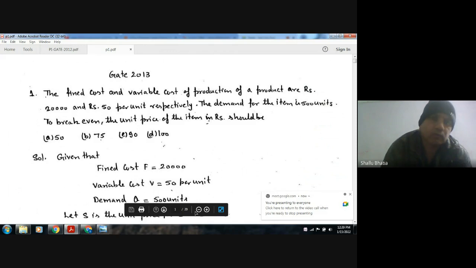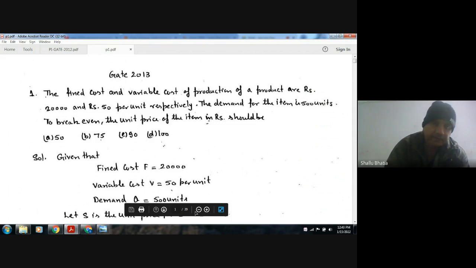And in this session we will solve the K2113 production and investigation paper. Okay, so question number one: the fixed cost and the variable cost of production of a product are rupees 20,000 and rupees 50 per unit respectively. The demand for the item is 500 units to break even point. The unit price of the item in rupees should be option A 50, option B 75, option C 90,